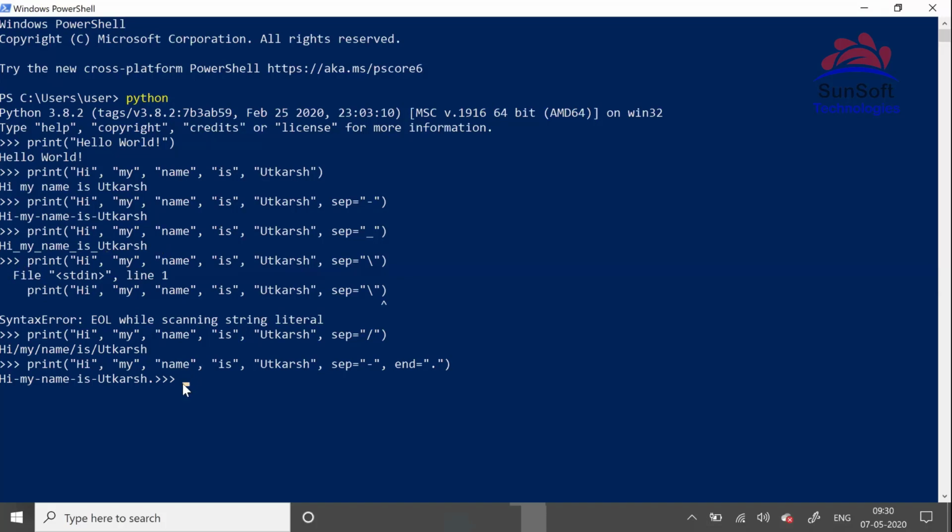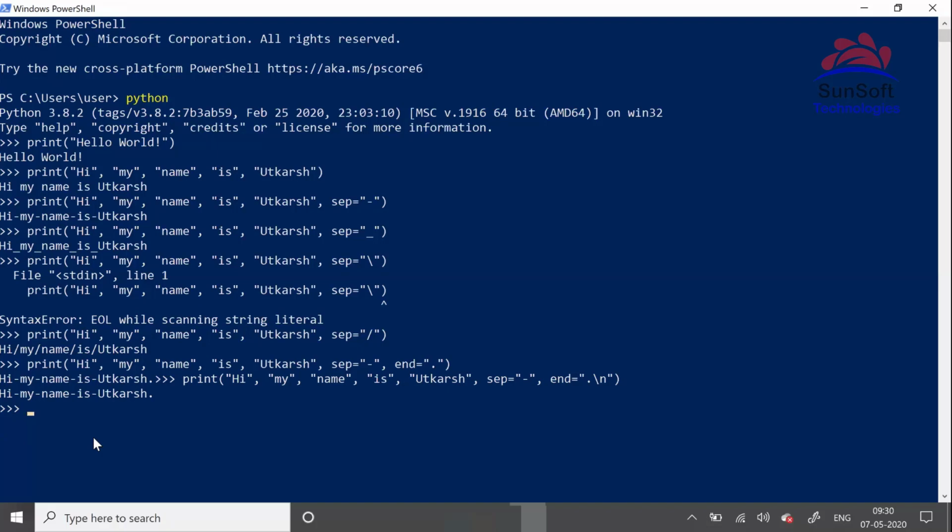So now if I want to do that, I'll use an escape sequence. This tells the interpreter that this is a special character with a backslash. Backslash n is a special character designating the new line. So what will happen when I run this? It prints it out, prints the dot as well, and then it gets to the new line. Okay, so this was all about the print function.